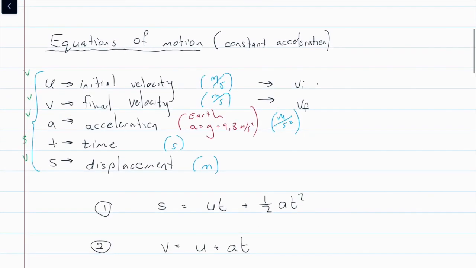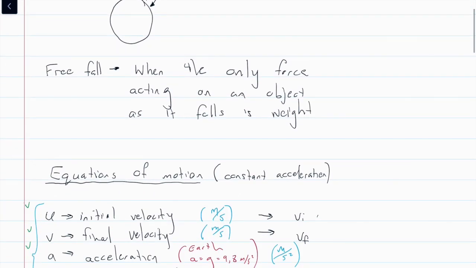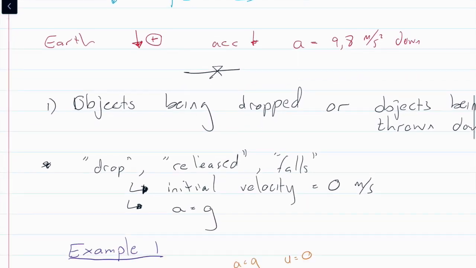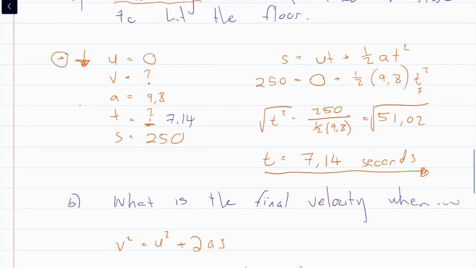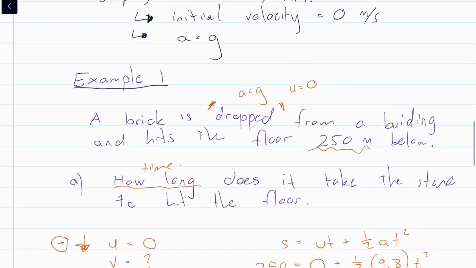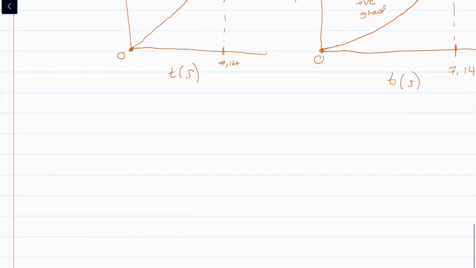So we started off in the last video discussing equations of motion, the importance of direction, and objects being dropped. We did an example and drew a couple of graphs, but we're back to some theory before we get into questions. So let's get back to my black color pen. The second scenario or case that we're going to study is objects thrown up